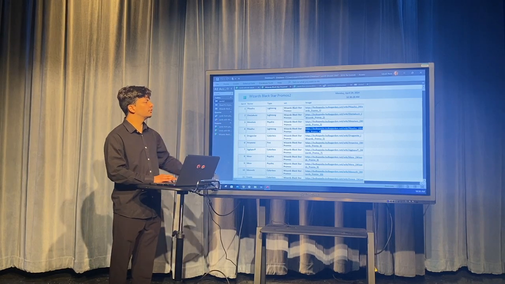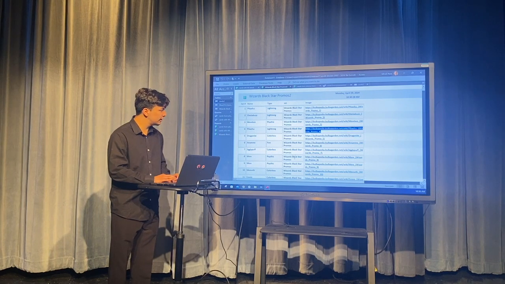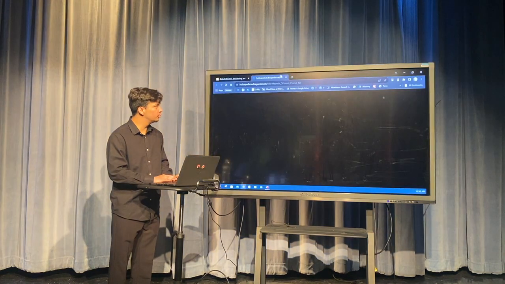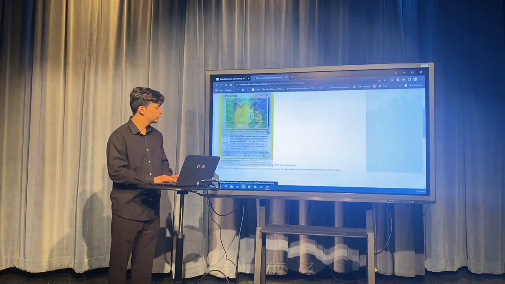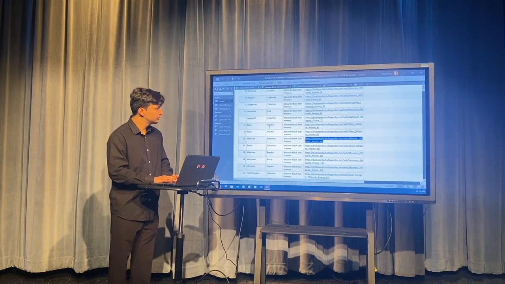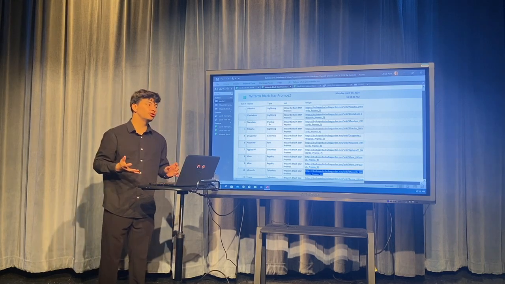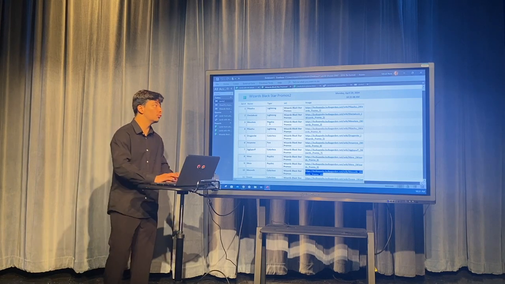Now this report right here is pretty special. It has an image link to it. So let's say we want to look at this Meowth right here. You click the link and it opens a new page. Oh wow, look, it's a Meowth. Look at this guy. He's cool. I love Meowth. Meowth is so cool. Anyways. So using these forms and reports and queries, you can pull information from raw data and give an answer to a question you want asked.